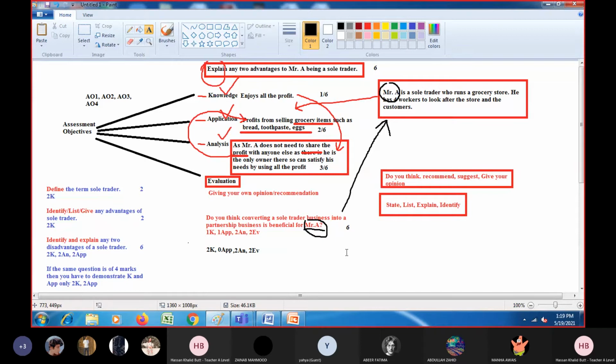Because this is the biggest mark question as far as P1 is concerned, you have to attempt it well. Otherwise, you might not be able to get the marks you desire. Imagine if we add all such marks, 6, 6, 6, 6. Because there are 4 questions, there will be 4 such parts, and each part is of 6 marks and requires evaluation. If you are poor in evaluation, there is a problem. So there are 24 marks for such questions. Remember, 6 fours are 24 out of 80. This is a significant number and you cannot simply ignore it.